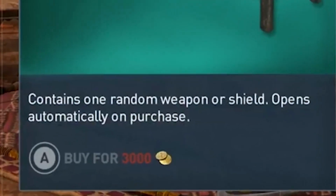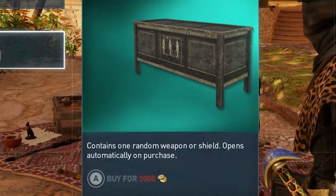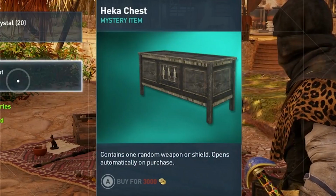The item's description states, "Contains one random weapon or shield, opens automatically on purchase." Everything from the item's naming convention to its function sure sounds familiar, don't they? People were relieved to notice, however, that the item only listed a price for the in-game currency, drachma. The purchasable Helix credits that the series is known for was nowhere to be found, and many hoped that it